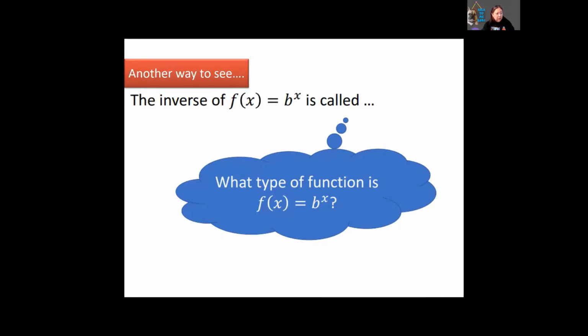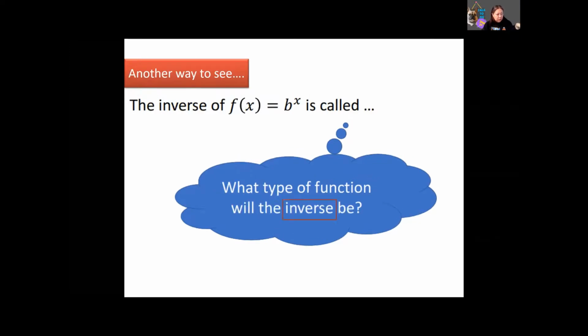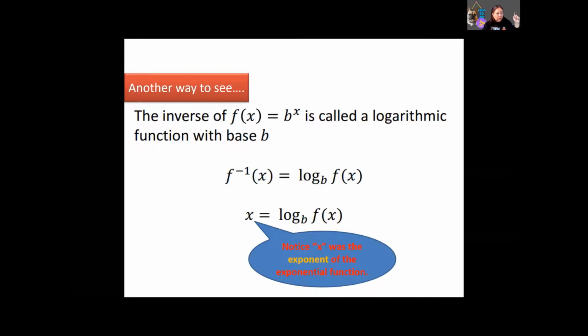Then the inverse of f of x, which is the exponential function, is called the logarithmic function that we just saw. But what you can compare is